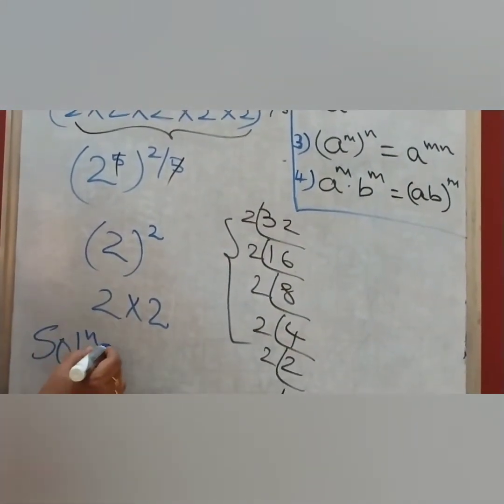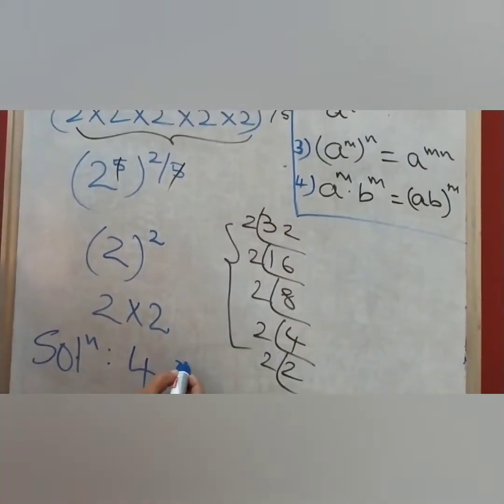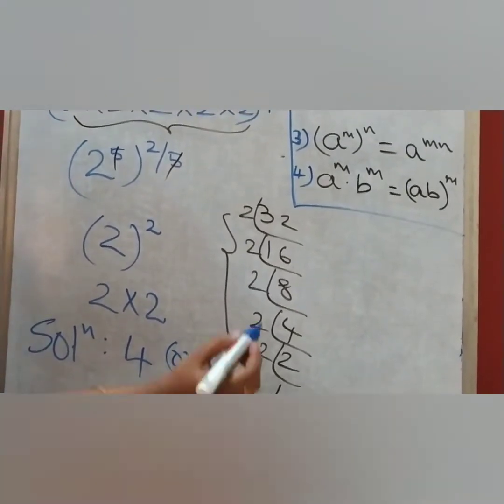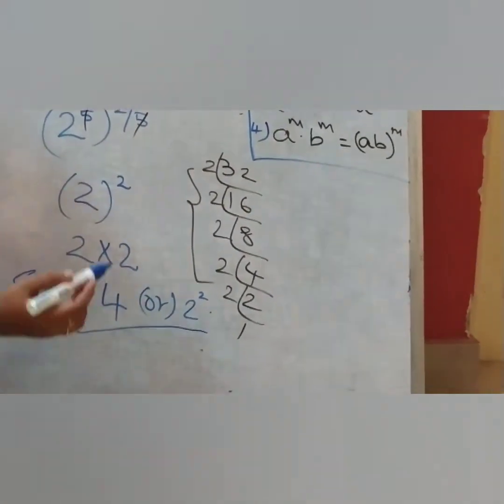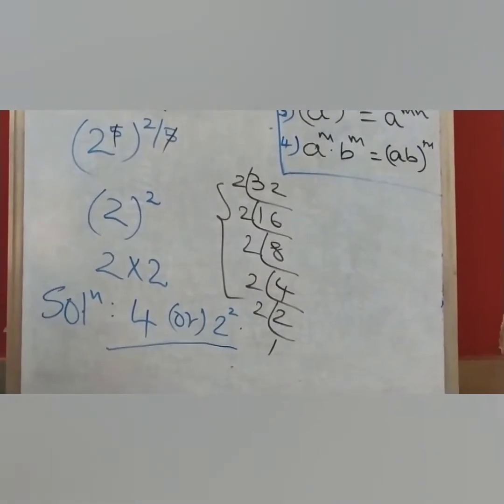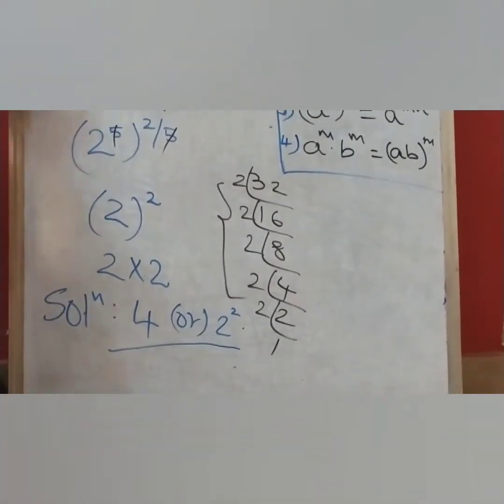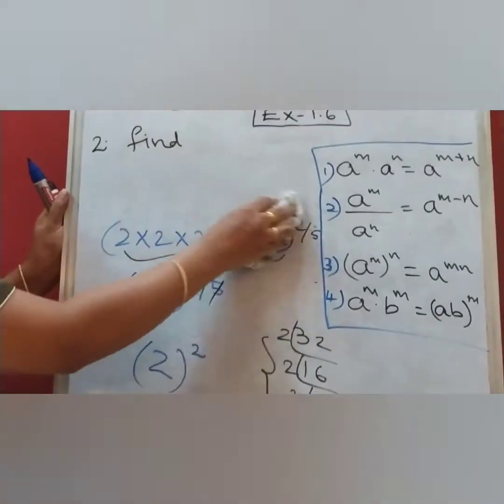So, what is my answer? My answer is 4, or you can also write it as 2 square. I hope you have understood. It is very easy, children. Let's move on. Third problem says,